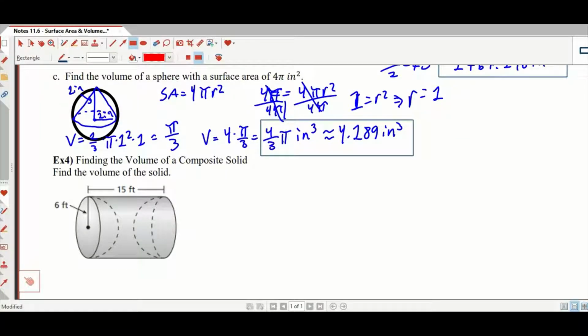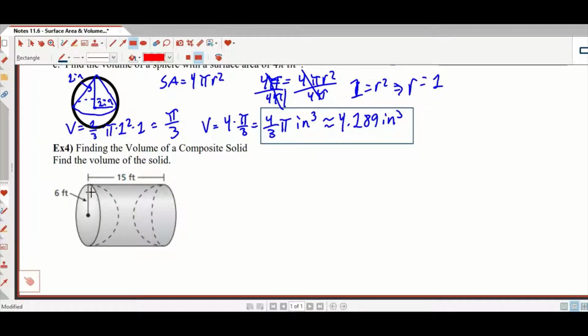Find the volume of the composite solid. So it's kind of hard to see, but what's going on here is that you've got this cylinder and you've created a divot with these 2 hemispheres in it, which really is just a whole sphere. So let's start by finding the volume of the cylinder without the spheres even taken into account. So the volume of the cylinder is going to be equal to pi times the radius, which is given to us, squared, times the height, which is 15. So 6 squared is 36 times 15. That's 540